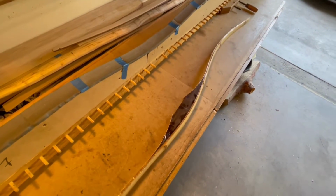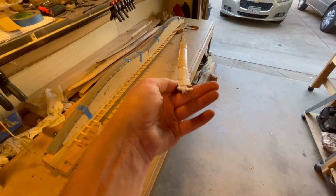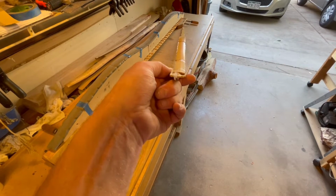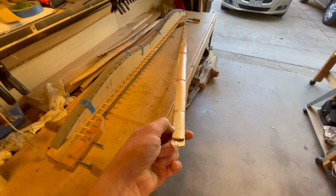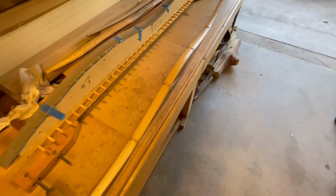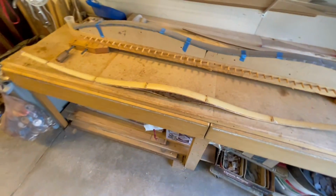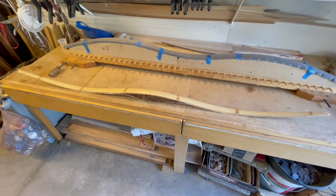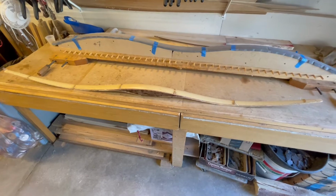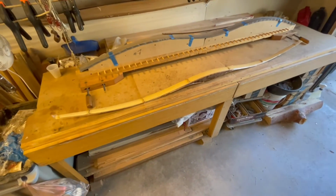Guys, he is straight. He glued up really straight. I'm really pretty happy, because generally speaking on these types of builds, I end up with a little bit of twist in one or the other limbs, but this one really stayed true. So I'm real happy that I don't have to heat and mitigate a twist. I will grind off the edges and we'll take one more shot on this